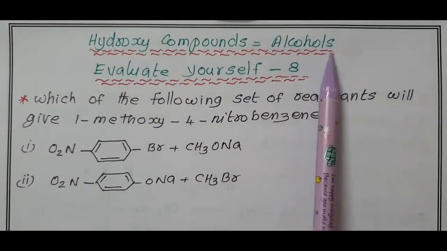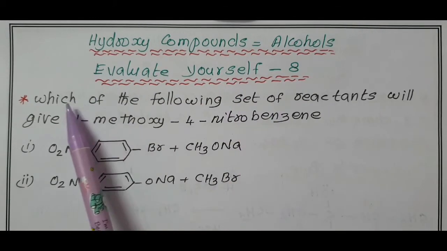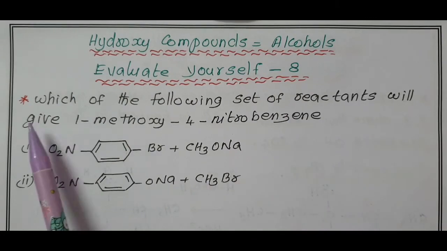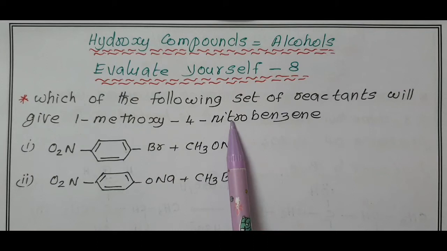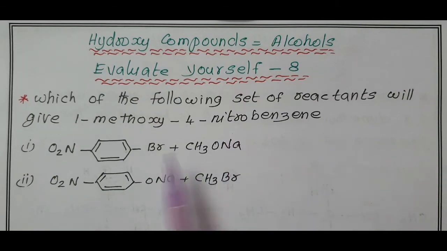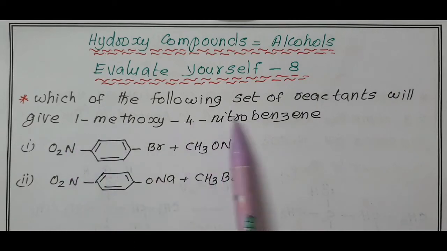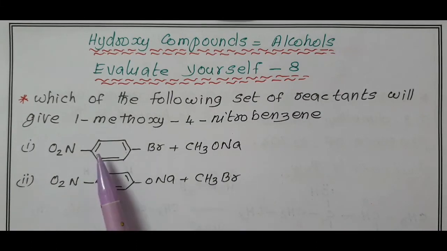Good morning, all of you. Hydroxy compounds, alcohols. Evaluate yourself. 8. Which of the following set of reactants will give 1-methoxy 4-nitrobenzene? Two reactants are given. So, this 1-methoxy 4-nitrobenzene is given by the second reactant because the